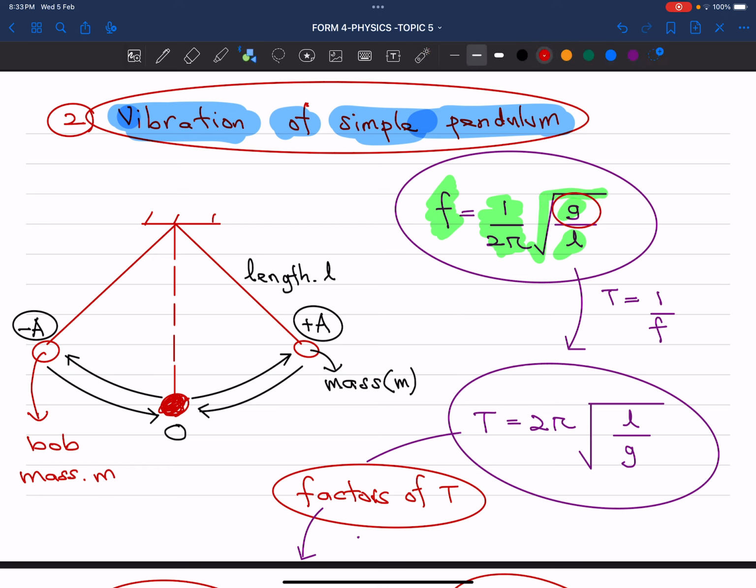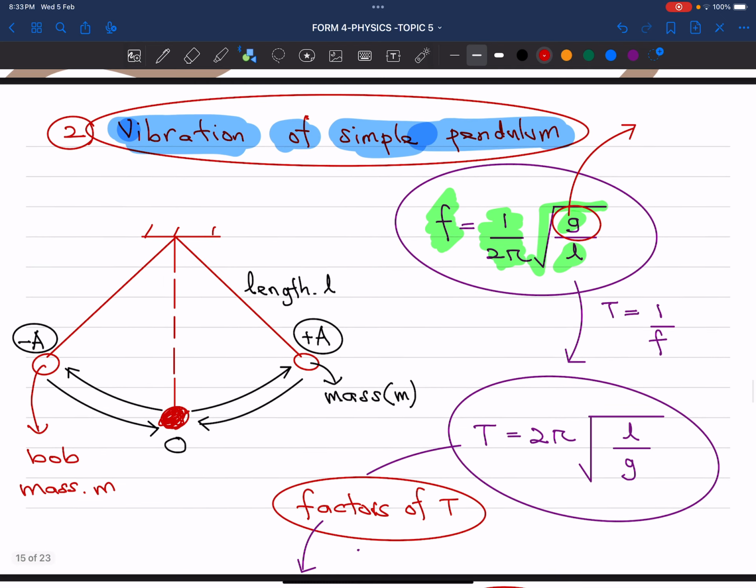The g we learned in Form 4 is gravitational acceleration, and its value is 9.81 or 10 m s^-2, whereas L is